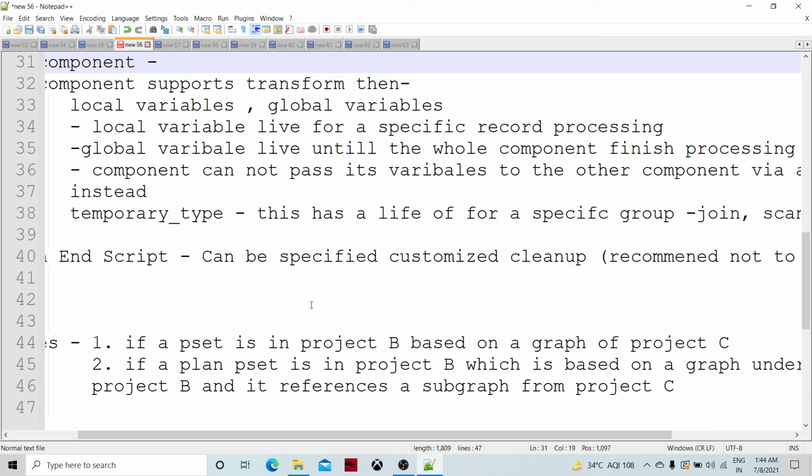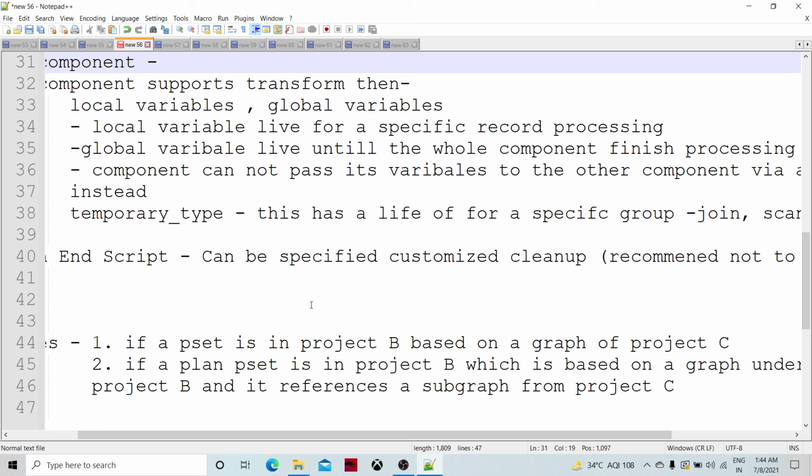So obviously project C is a public sandbox, or public project, okay? In that case, let's say any variable is declared in project C as a graph level parameter.